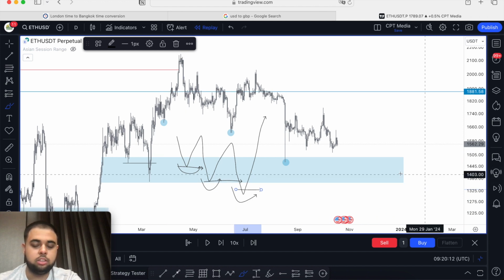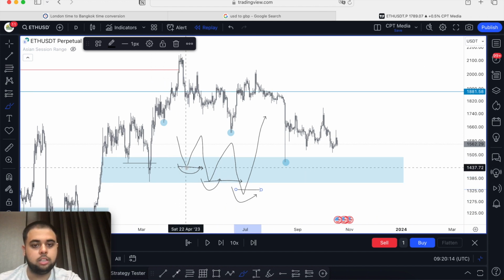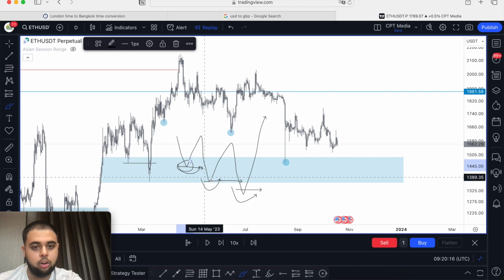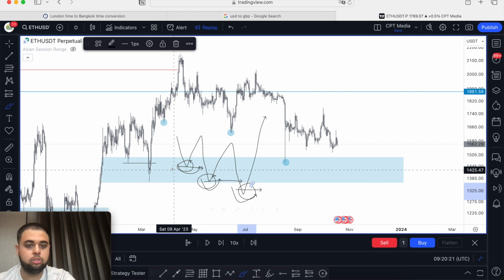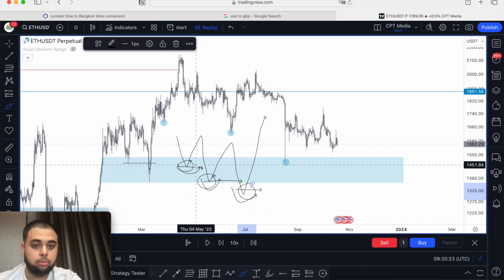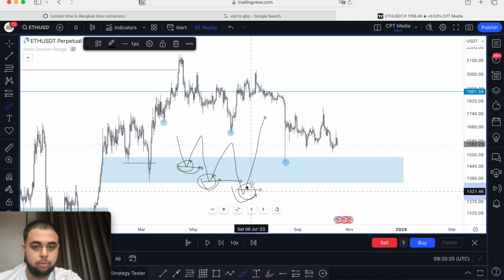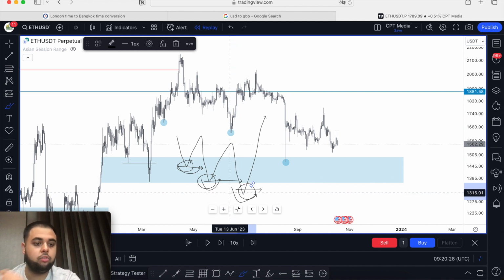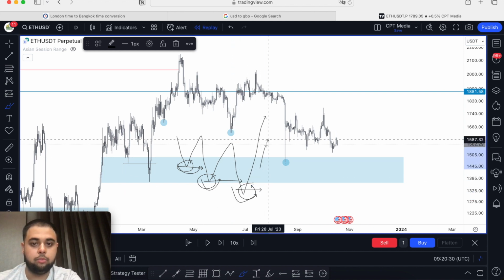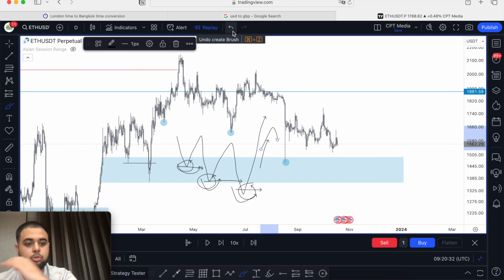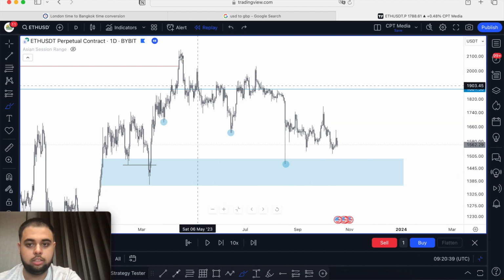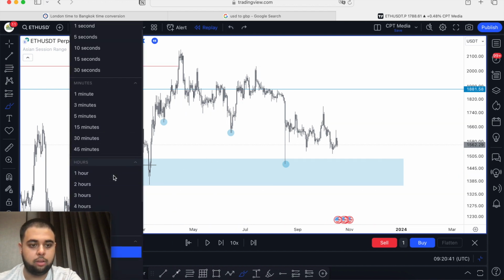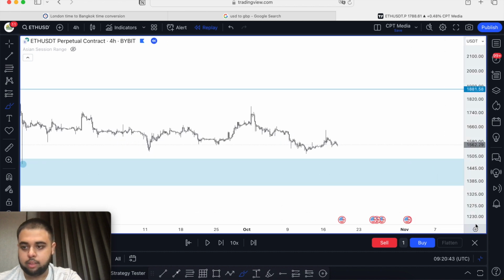The thesis behind this strategy is basically that institutions want to be buying at lower and lower levels, so they want to be buying at deeper discounted levels, also at the detriment of retail by collecting all retail stop losses and also getting deeper liquidity to fill their orders with before you see expansion in price. Right, this works at both demand levels and supply levels, but this is the first thing you notice when you look at this. Now the second thing you would notice if I push down to the 4 hour is